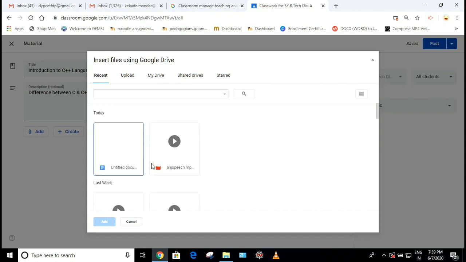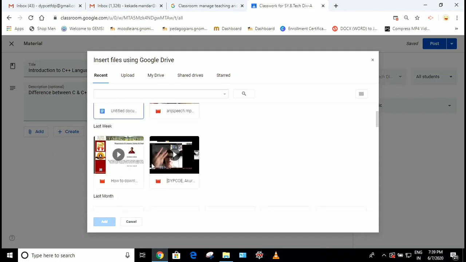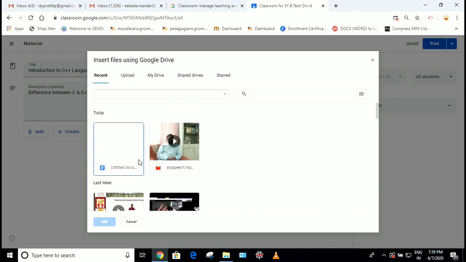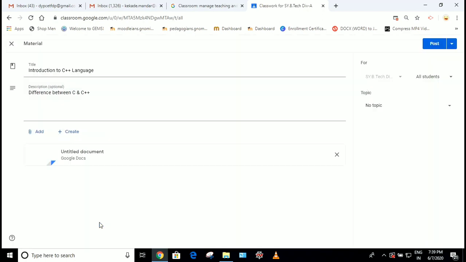From Google Drive, you can take the document that you want to upload under this course material. So just select the document and click on the add button. After this, you can see the document has been added to the contents of the material.